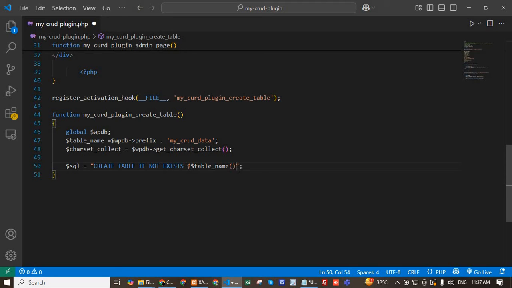First bracket open and close. id mediumint(9) NOT NULL AUTO_INCREMENT,